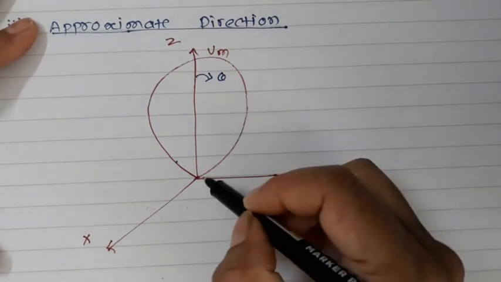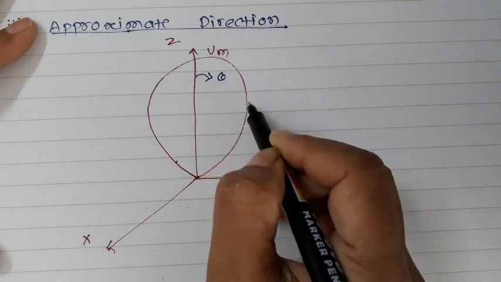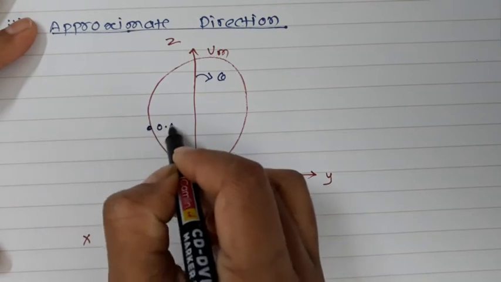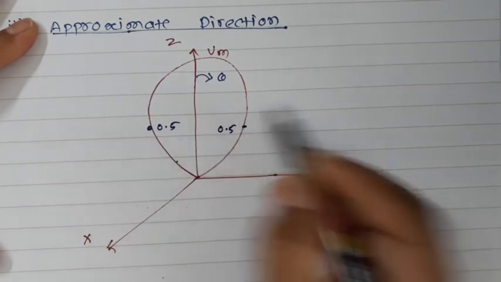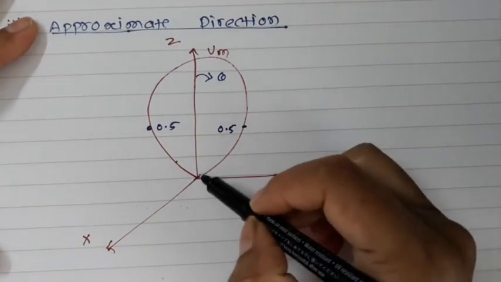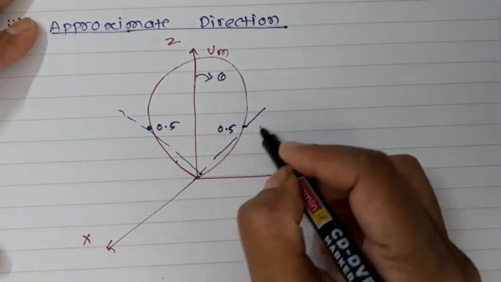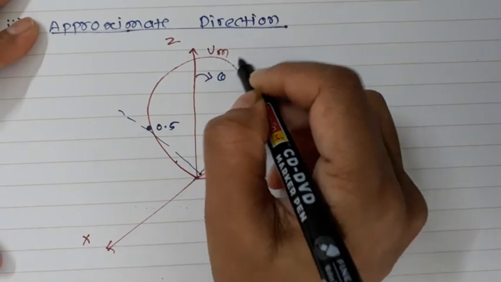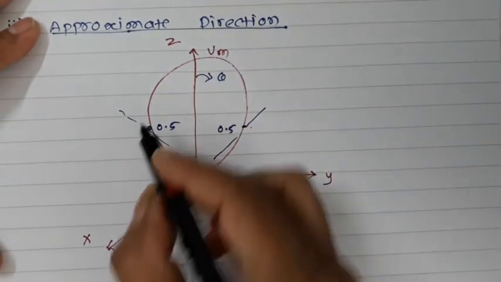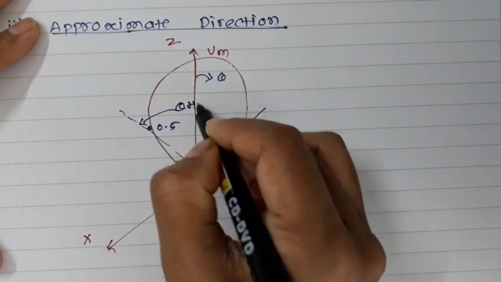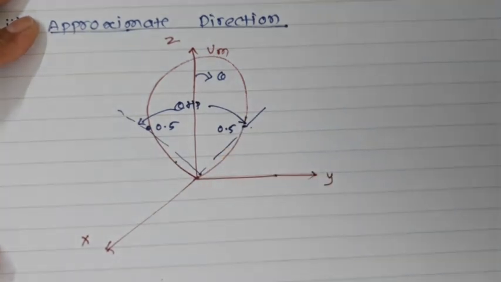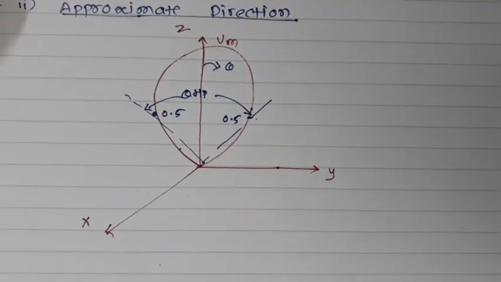If you are talking in terms of the power, you need to come down to half of the power, so 0.5 of the Um. From here to here and from here to here, I am talking about Um, the maximum radiation intensity. So this can be called theta HP over there. Now we are interested in calculating this theta HP. How can this theta HP be calculated?